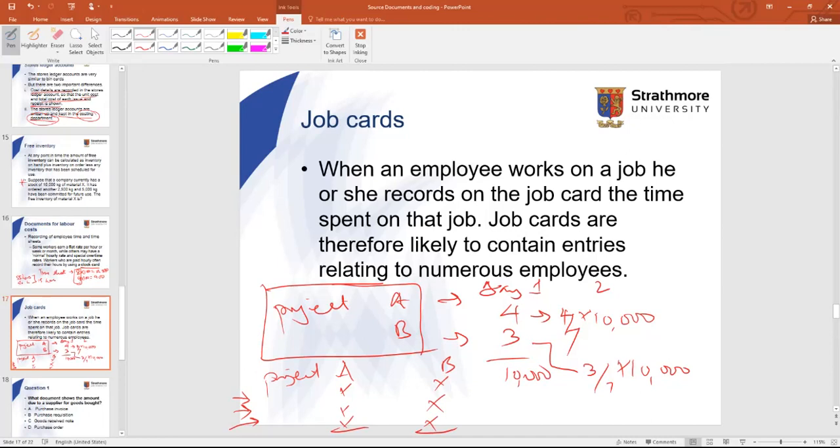Okay, so that's more of what we call a batch cost system, because you produce in batches. But now here, this is unique. This is project A, this is a road. It's not mass produced. This is a specific project we are dealing with, and it must be very specific when it comes to